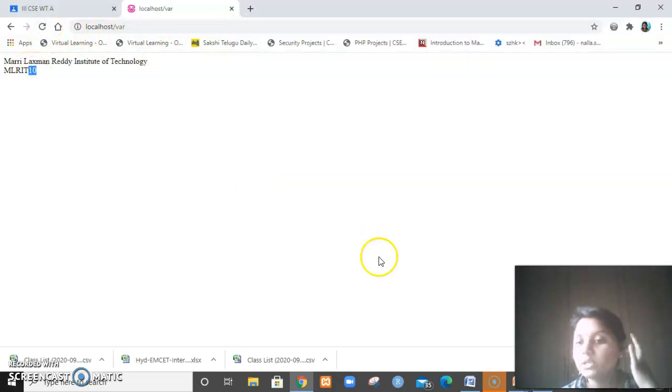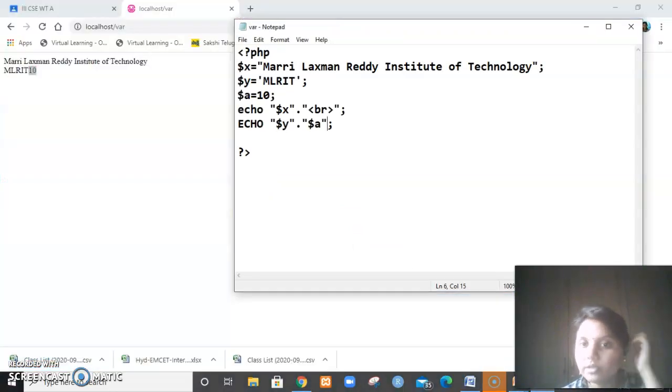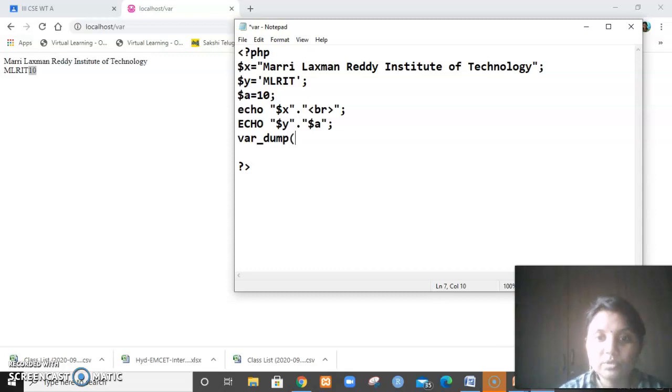Here, if you want to check what is the type of data given for your $a and $y, you can use the var_dump function. var_dump is used to retrieve what type of data it is. So $y, if I give, and similarly var_dump $a, because one is of string type, one is of integer type. Let me show you both. I'll refresh the program.